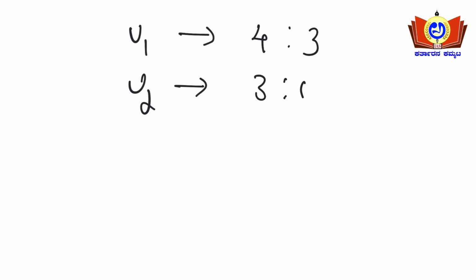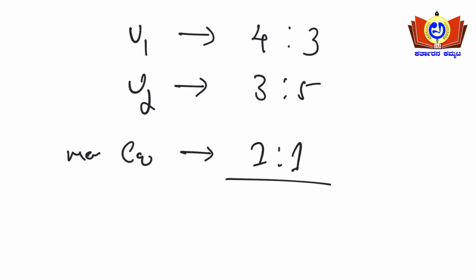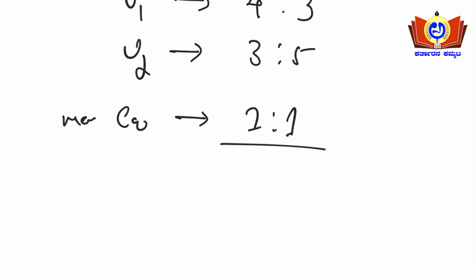So vessel 1, what is the ratio? 4:3. Vessel 2, what is the ratio? 3:5. So equal ratio means that it needs to be 1:1. This is the data here, right? So I will be writing here, see,